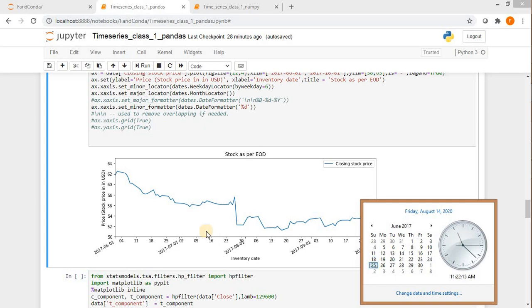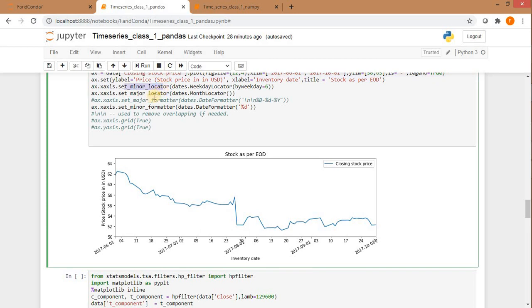So 25th, and this way, using the locator you are denoting the places, and using the formatter, in which format you want to show the values for the minor locators, you use the function set minor formatter. And I don't want to display the major formatter values like this. I want to specify something meaningful, in a different format.